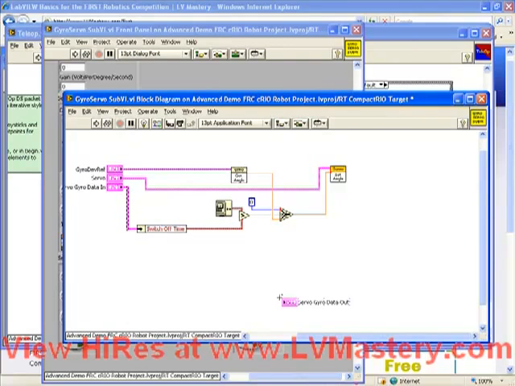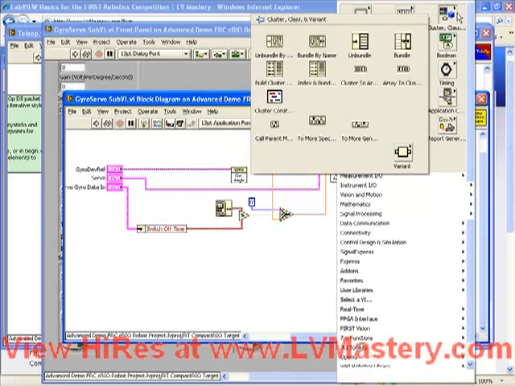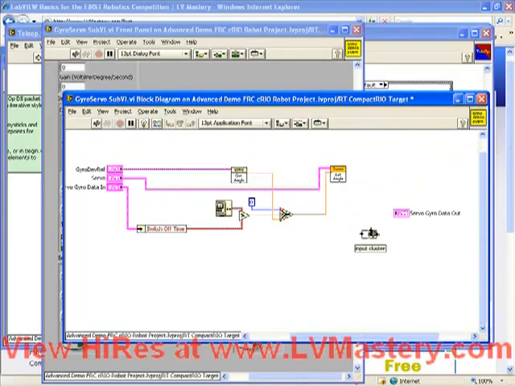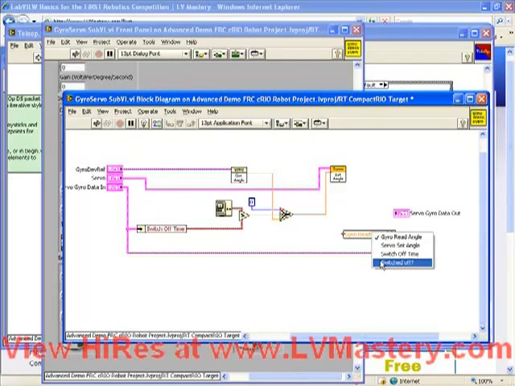So the next thing we want to do is we have this cluster output. And we remember from the previous video that how we write data into a cluster is using the bundle by name function. Remember, the middle terminal of the bundle by name function is wired to the input cluster, which tells it two things. It tells it what kind of data is present, and it gives it the values from the input cluster. So the gyro read angle